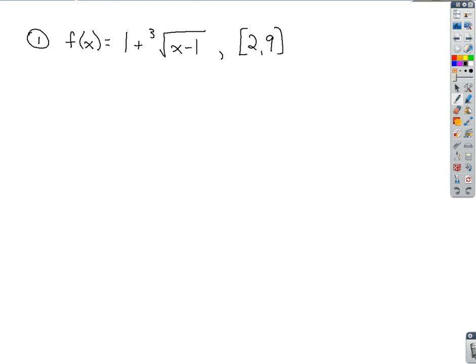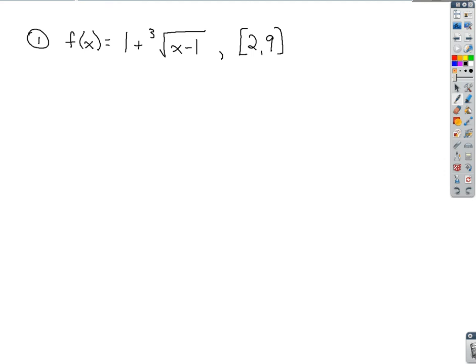All right, we have a function given here of 1 plus the cube root of x minus 1, where we're restricting the part of the function that we're looking at here from where x is 2 to where x is 9. And our goal on this problem is to find the values of c that satisfy the conclusion of the mean value theorem. Well, if we're going to do that, first we have to verify that the function satisfies